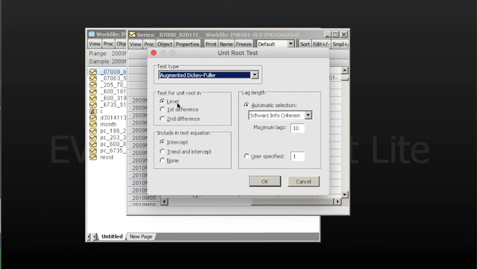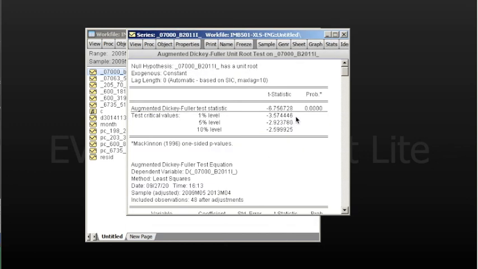You'll later notice that maybe you do need to do a differentiation, and I'll explain why later. You can choose the first difference or second difference. But the first round you just keep it at level, and then you press OK, and then you get this. We mainly look at the p-value here. The p-value here is 0, so that means that we don't need to do